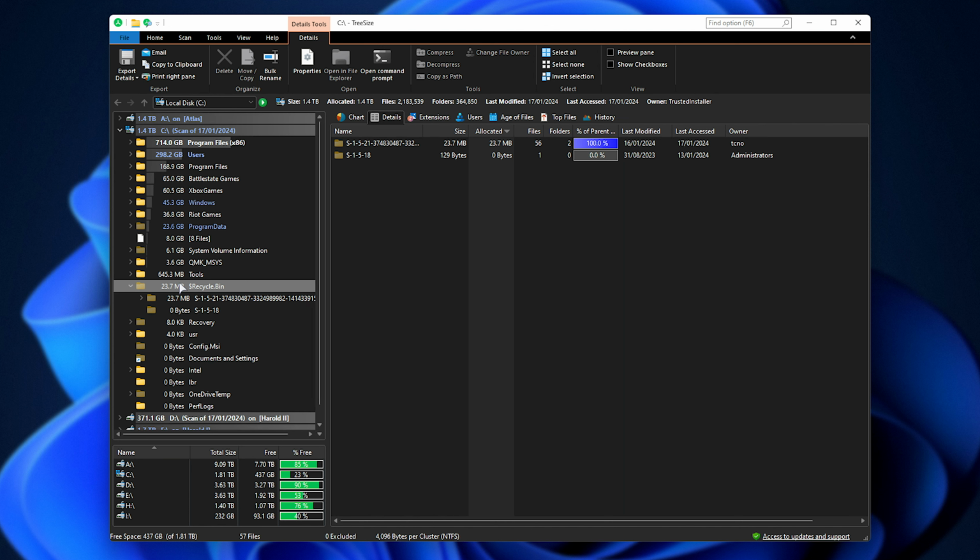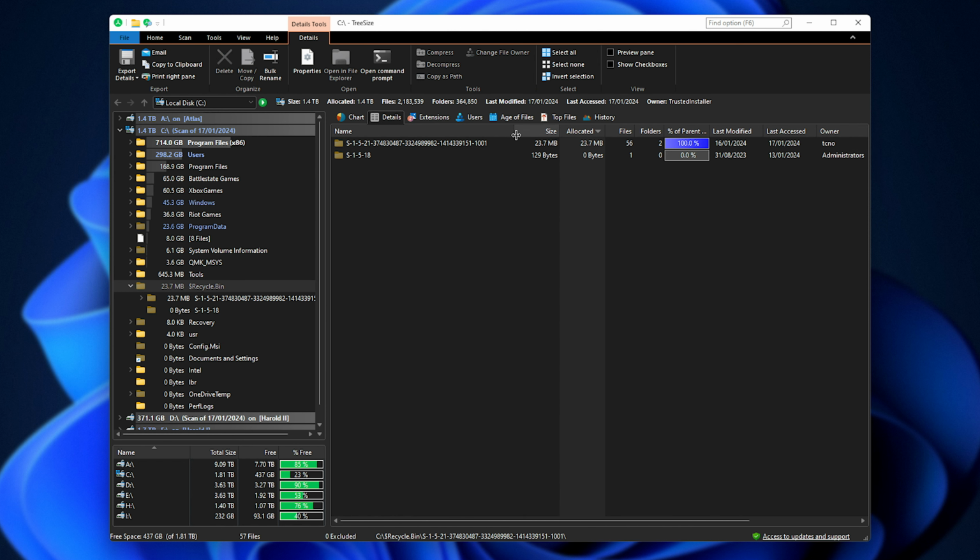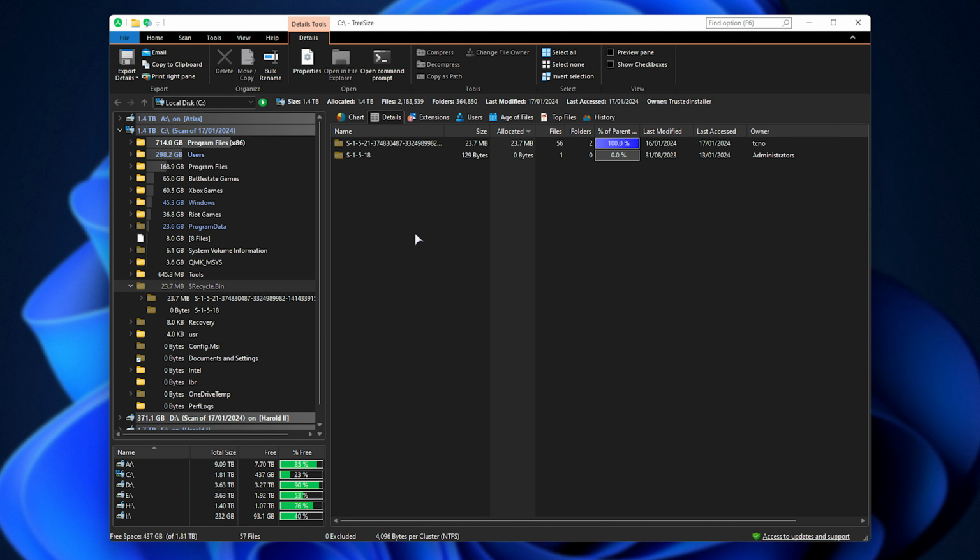And inside of the $recycle.bin folder, we have different user accounts indicated by their unique IDs. Now, I've of course cleared these, but in my case, I'd taken most of my drives through multiple Windows installs, different PCs, etc., and they had about 5 or 6 individual user accounts, all with many gigabytes of files that